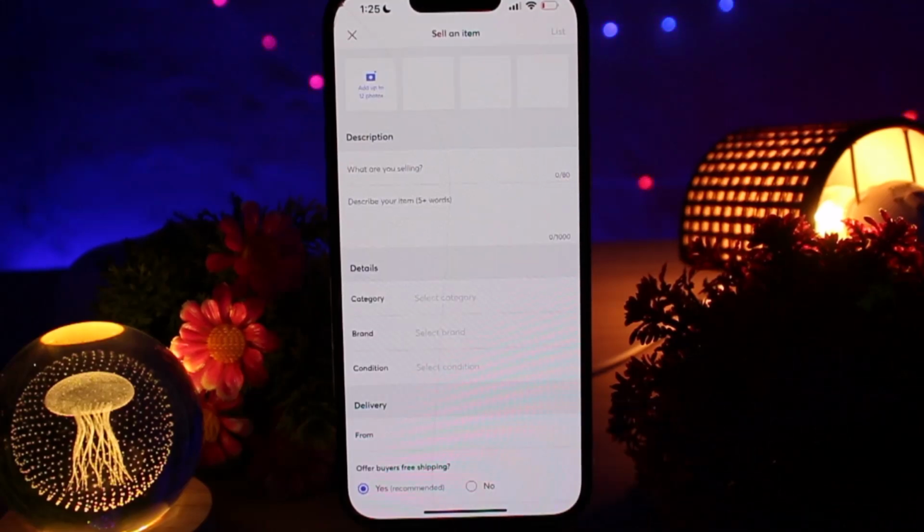Add a clear title, description, and photos. You can use the supplier's image, but make sure your description is clear and honest. Set a price higher than the supplier cost so you can earn a profit, but keep it competitive compared to other sellers on Mercari. When a buyer purchases your item, order it from the supplier immediately and enter the buyer's